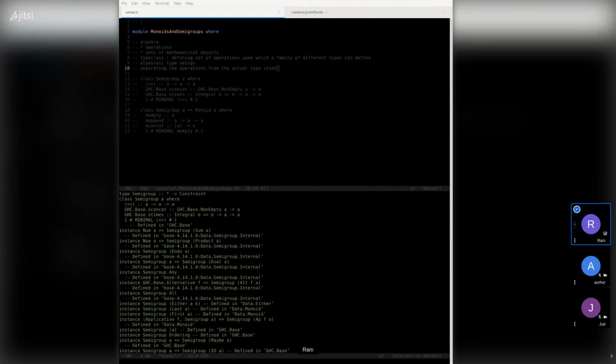They may not have inheritance hierarchies or anything associated with that. They may be represented in a very different way on a computer, but they all have one or more operations that share the same kind of behavioral characteristics, and you have to just define them accordingly. One example of this is all the different numeric types in the numeric type class that we've seen before.